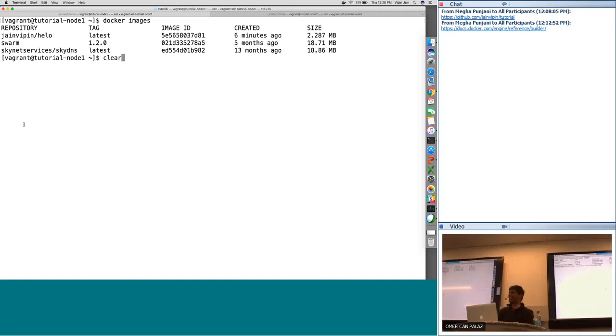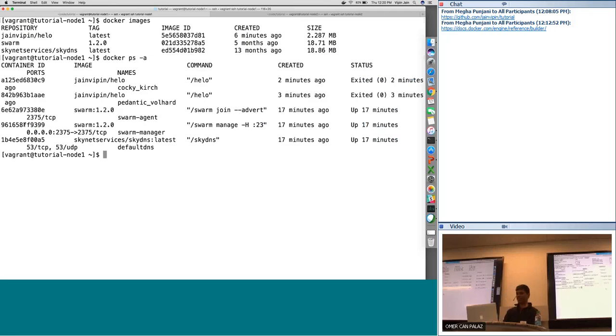Good question. There was a person. So let's look at the output, right? You see this cocky Kurtz and pedantic Walhard and all that. What was happening was that about 2 years ago, Docker would not have these names if you don't specify a name. So when I run a command, I can specify in Docker run what the name of the container should be. The way to do that is